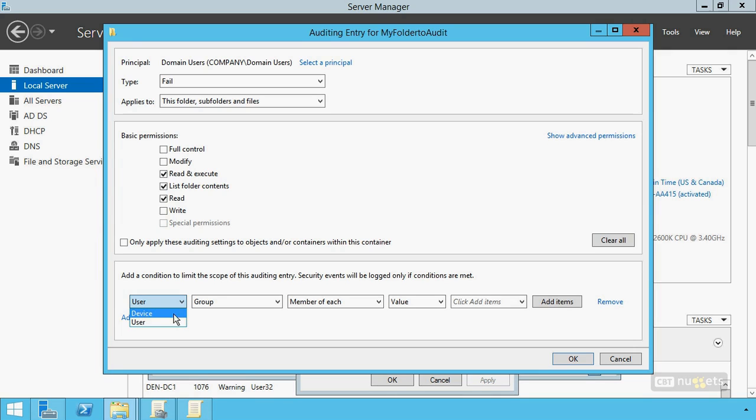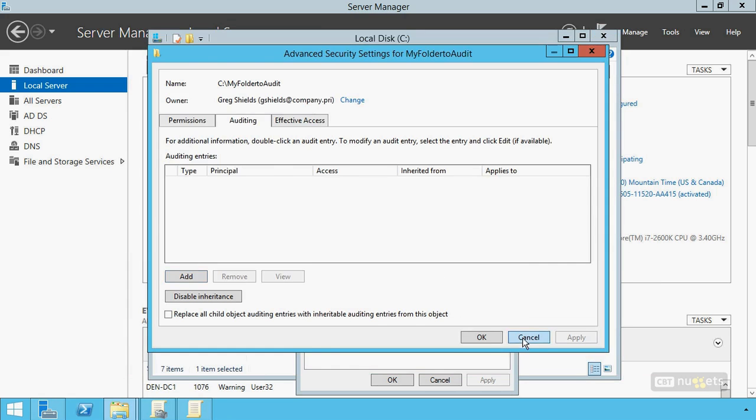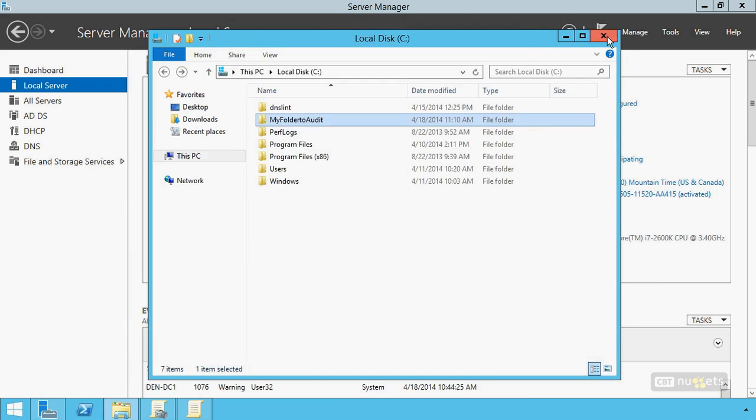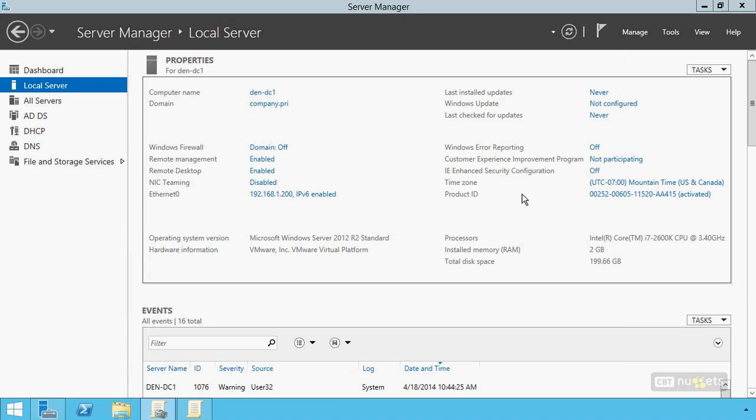But for now, I just want you to recognize that there is the ability to limit the scope of the auditing entry so that you can ensure you're only paying attention to the specific types of entries or accesses that you're looking for. So do that on every folder that you're interested in, and you will then have auditing. Pretty cool, huh? All right, let me flip back over here to my other server,